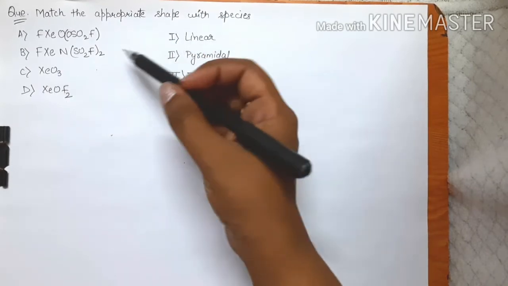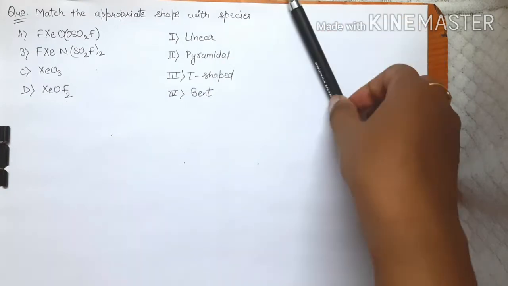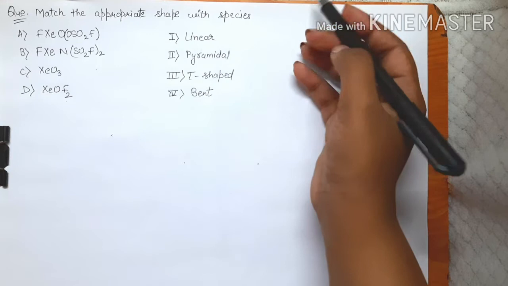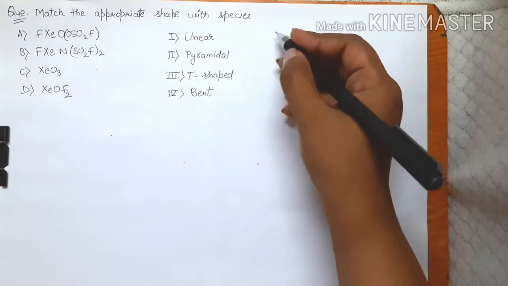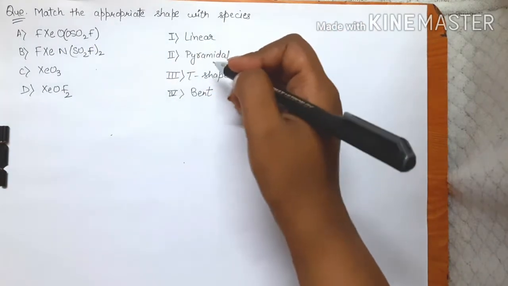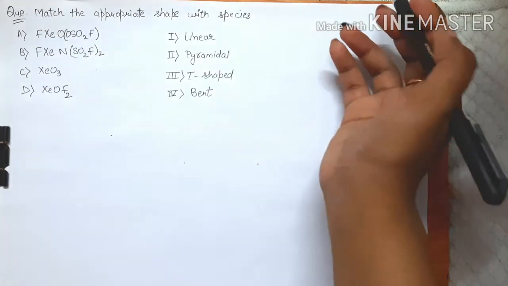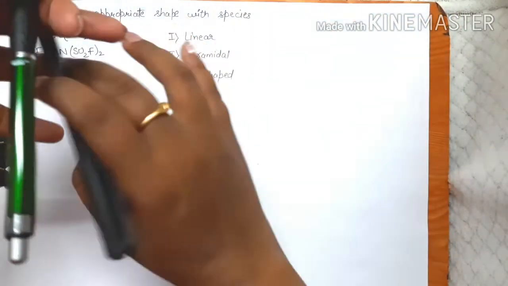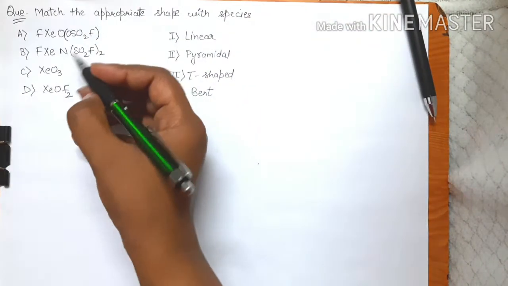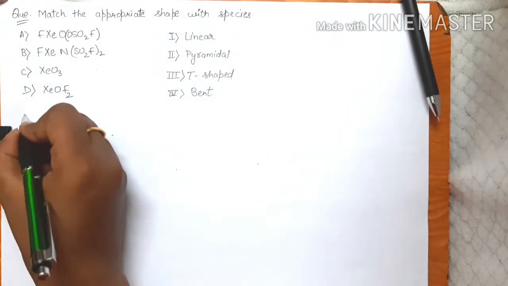In this question we have to match A, B, C and D with 1, 2, 3 and 4. So basically in this question also we have to find out the shapes. So basically there were 4 options given for matching, so we are just going to match here. I'm not providing you the options here, but options were actually given that you will be knowing. So we'll start with the molecule D. Okay, so we'll start from D, C, moving to B and then A. So first we are going to discuss